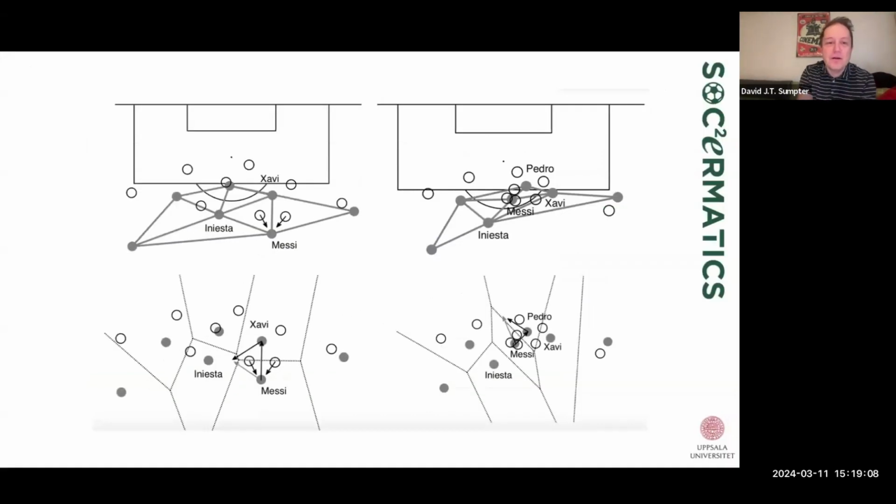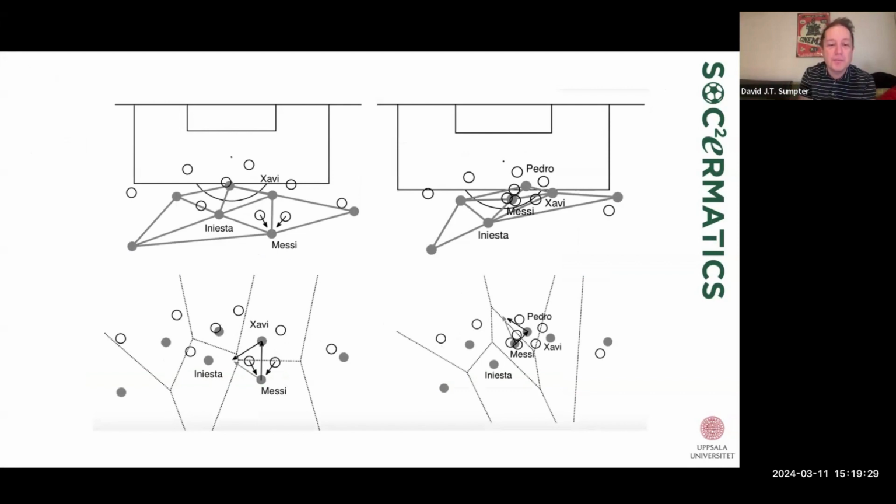Okay, so if you look in the top left-hand corner, you see Messi's first pass there, and he passes to Javi, and you can see that they've got open triangulation of passes. That's what we call the Delaunay triangulation. It's the triangulation to neighbors which they share an edge with. And what do I mean by edge?